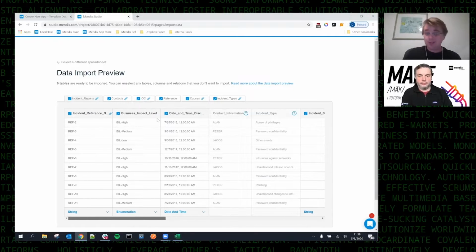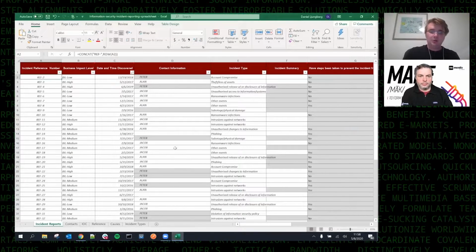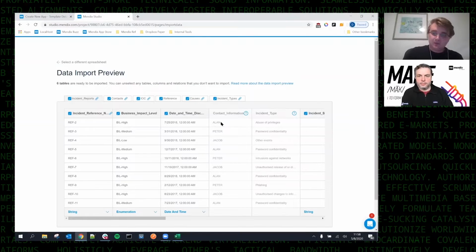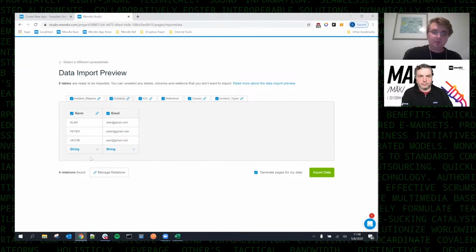And it goes beyond just individual columns to actually understanding the data relationships that are modeled within that spreadsheet as well. Remember I had that contact information shown here. Well, in a separate tab, we had an email for that contact. MENDIX has smartly realized, okay, there's a relationship between these two sheets. So let's allow that to be modeled through MENDIX data relationships rather than duplicating that data back and forth